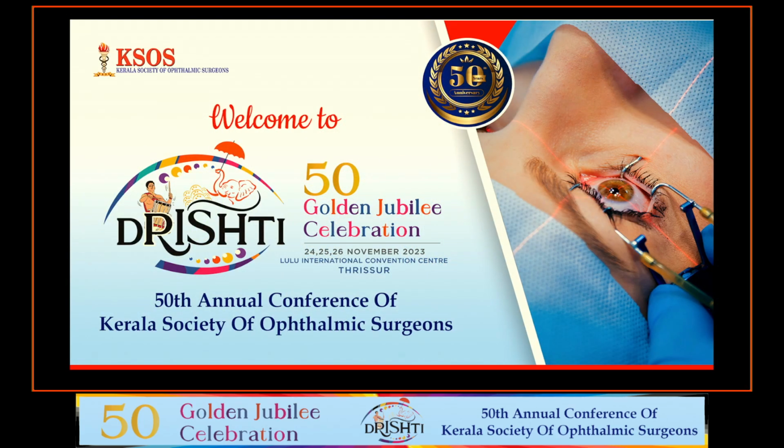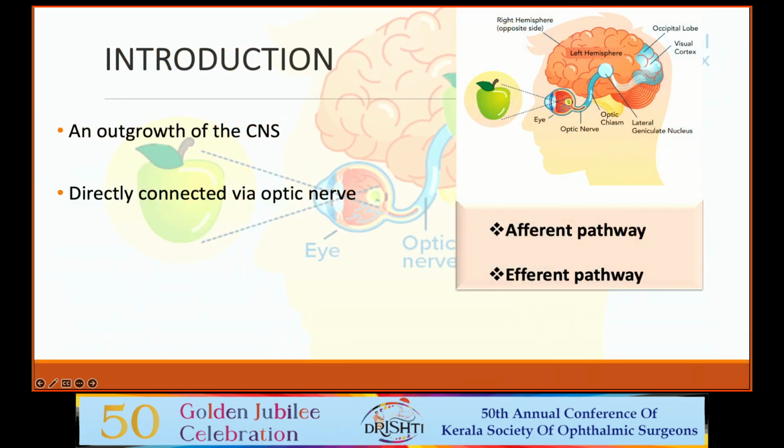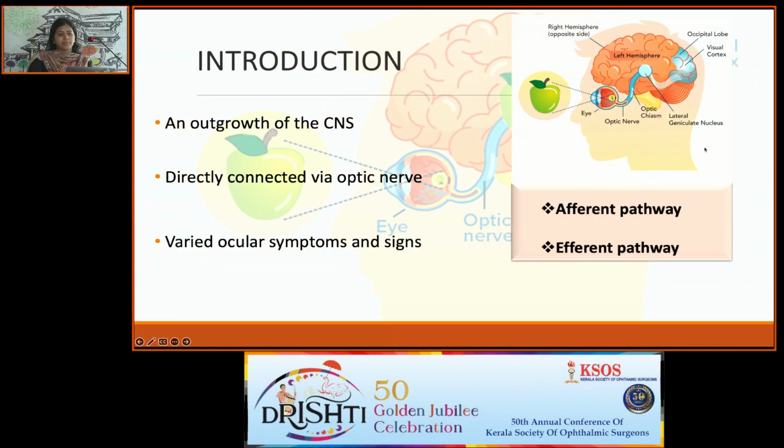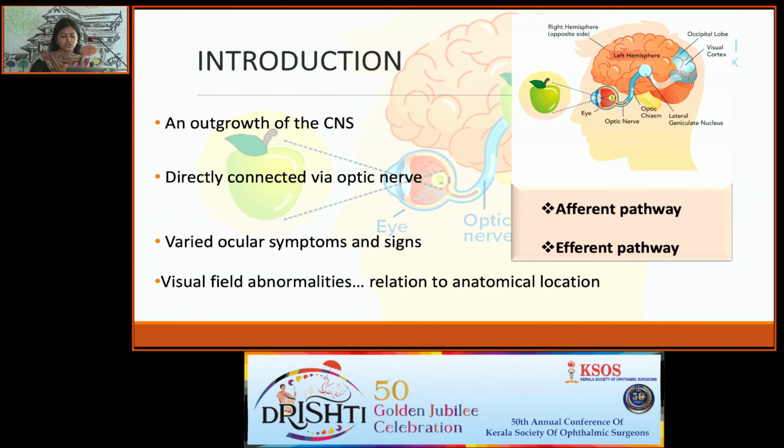Good morning. My topic is about visual field and eye opener to neuro-ophthalmic presentation. The eye is considered an insight to the central nervous system via the afferent pathway by the optic nerve, optic chiasma, optic tract, optic radiation, and to the occipital lobe. Varied ocular signs and symptoms presenting to the OPD are expected to have a visual field defect in relation to the anatomical site